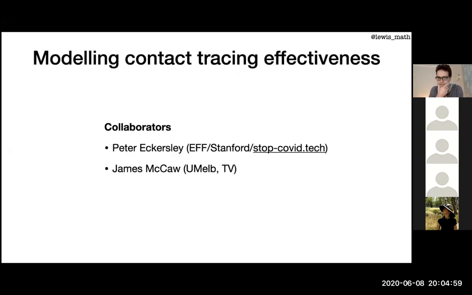So I'll start with contact tracing, and my collaborators on this. There's a really interesting guy called Peter Eckersley, who's a computer scientist by trade, who's worked at Stanford, is a privacy guy now, and works with the Electronic Frontier Foundation. He's the co-author, with James McCaw, star of television and screen and print, some of you may have heard of, of this essentially blog post manifesto website, stopcovid.tech, where they call on tech companies for various things that they could do to help